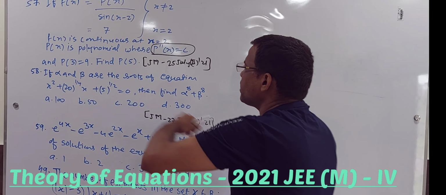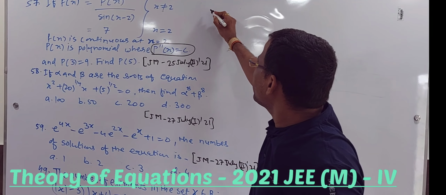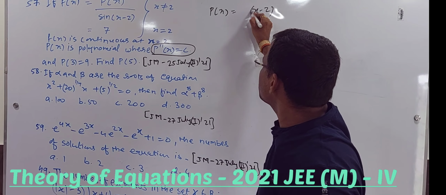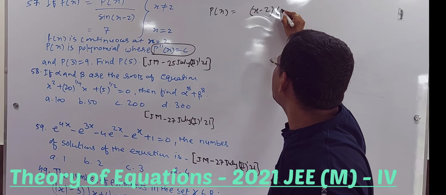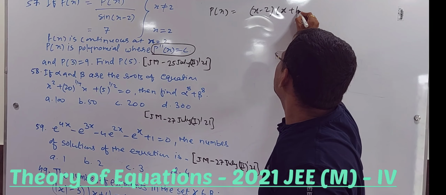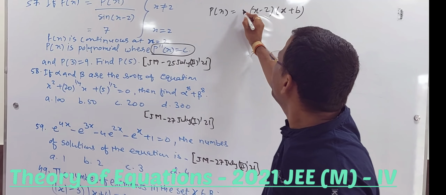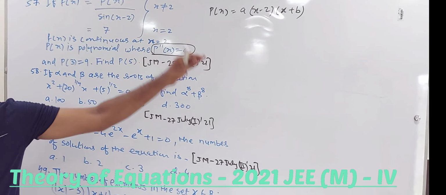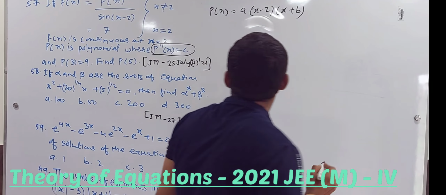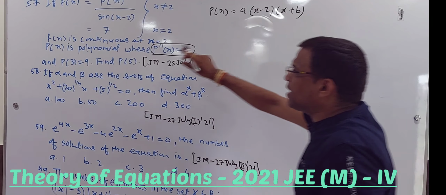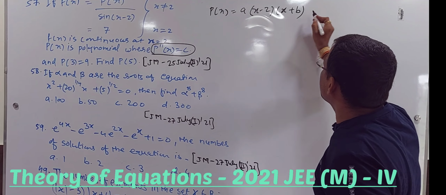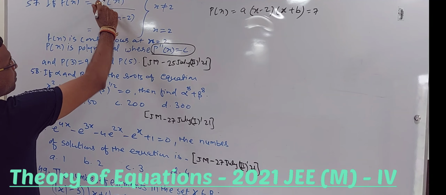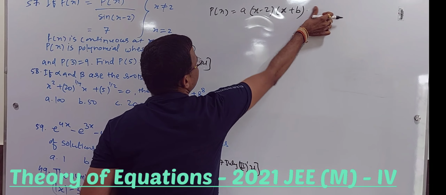Now we already got that one of the zeros is 2, so I can say p of x is equal to one factor (x minus 2). It's a quadratic, so let me take another factor to be (x plus b), something like that, and there is one constant always, because the value of a will be 1 also, but we used to write it. Fine. So p of x is this quadratic polynomial, that equals 7. For x is equal to 2, it is 7, so I am writing it 7. Fine. So replace this p of x here with this.